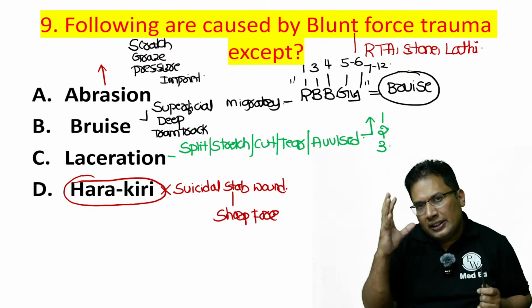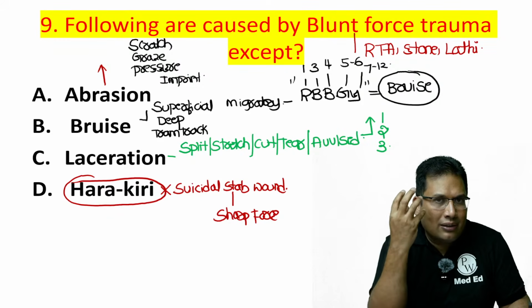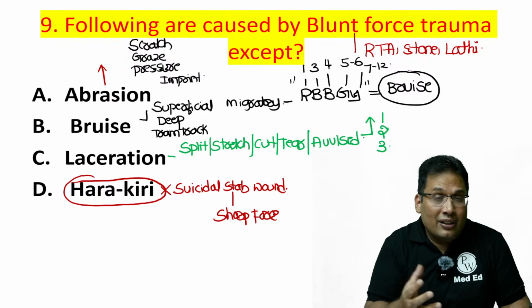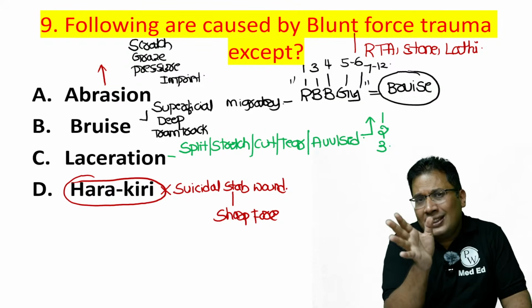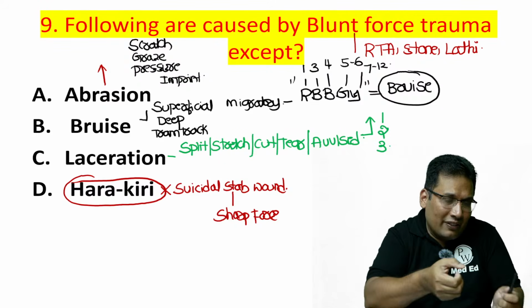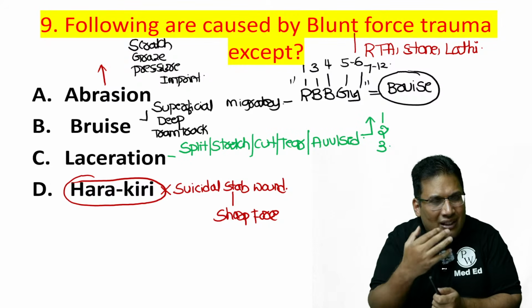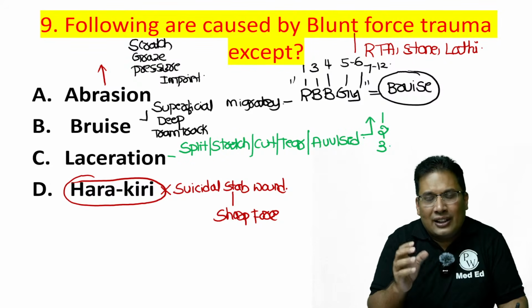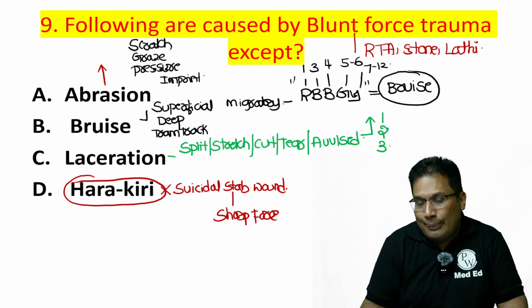The split laceration is commonly seen over the bony prominences, especially over the face, that is head or face, iliac crest, tibia, fibula, medial malleolus. So wherever there is a bony prominence, you will see split laceration, incise looking laceration. In stretch laceration, when there is a pull along with the pressure. Cut laceration, that is a misnomer, that is not normally used in forensic medicine. Tear laceration, it is usually caused by the semi-sharp object, like example broken bottles and all.